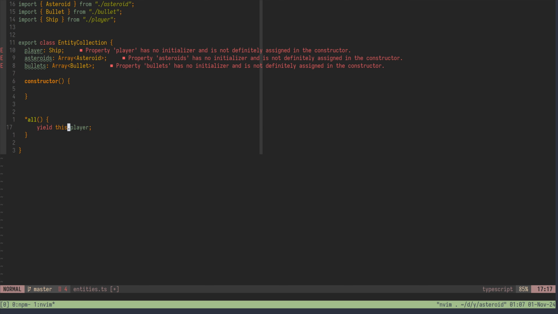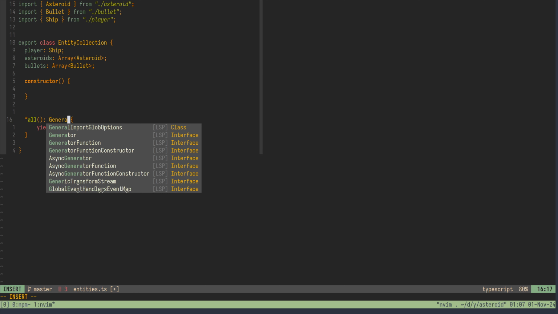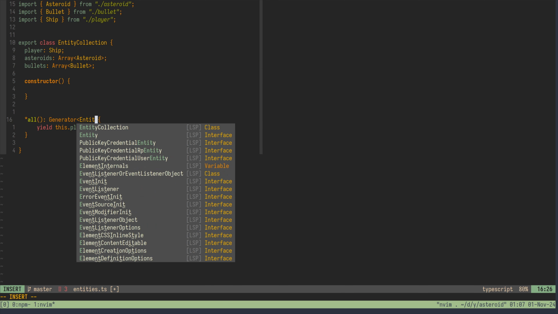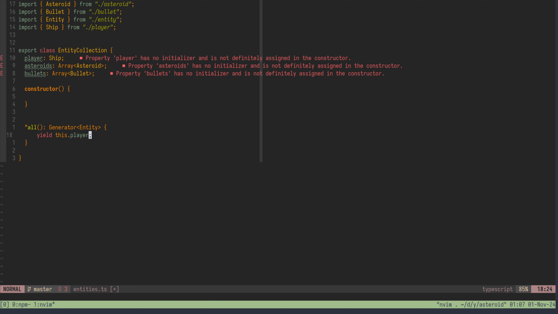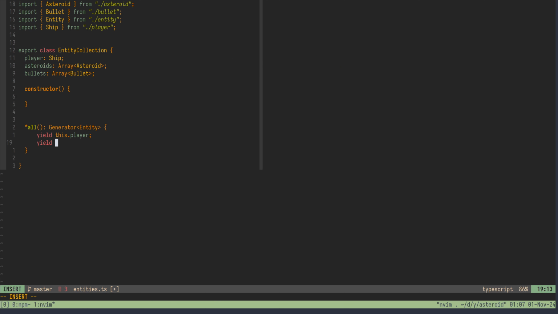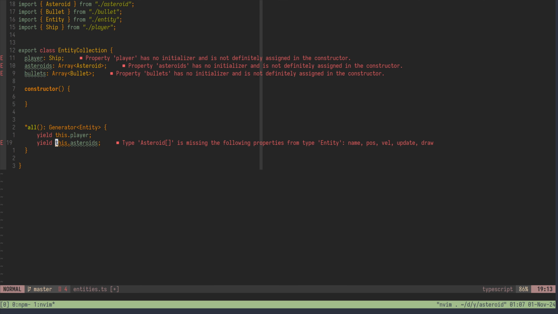So what we can have is this generator function. If you know, in JavaScript we can use this asterisk before the function name to define a generator. So the signature of that is like this. It will be that, and we can iterate over, since this is a collection, we want to iterate over each asteroid as well. So you can do yield star, and you can do the same thing for bullets,